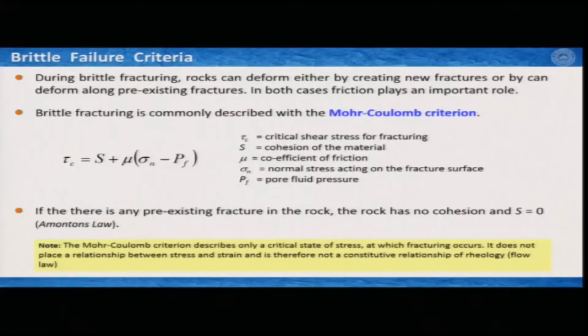So, during brittle fracturing, the rocks can deform either by creating new fractures or along a pre-existing fracture, and in both cases, as we have said quite a lot of times, friction plays a